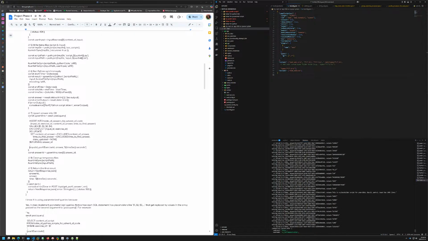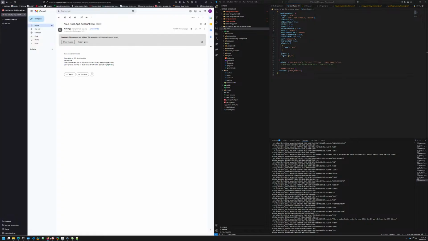Oh, yeah, and you see here, I said there's going to be a log. Notice that it says, okay, solving exercise ID solved in 0.042 seconds, answer ID this, output equals 24706. You'll notice here that it says this is a placeholder script for your 2024 day 25 part 2. Input has 3,999 lines. That's because the last day of Advent of Code is